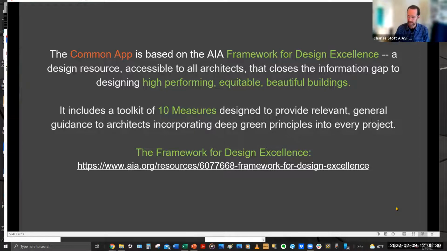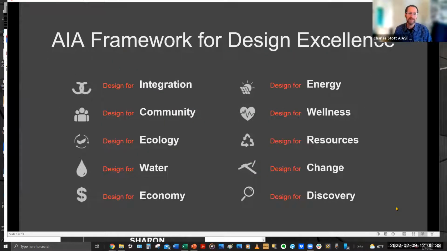There are 10 measures in that, and it becomes an integral design metric that we're going to be reviewing as a technical group when you send in your submissions. Then we share that with the design jury, who will be looking at this information along with the aesthetics you've provided in your beautiful projects, and we'll be assessing this in a more holistic way.